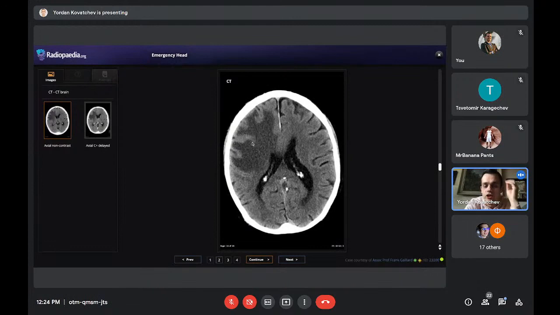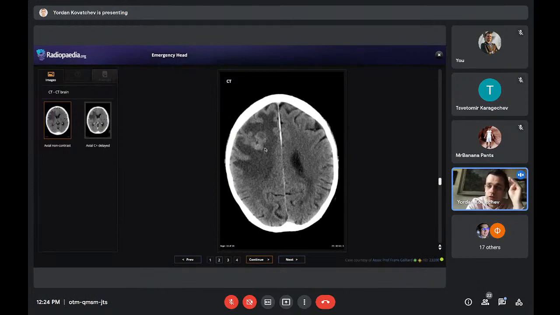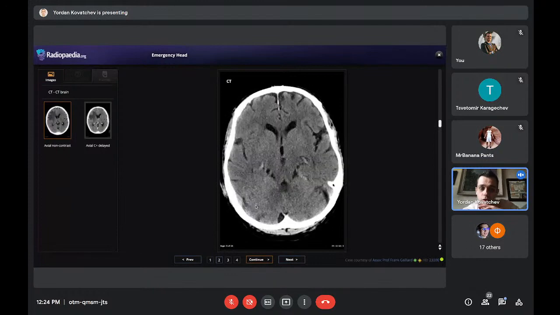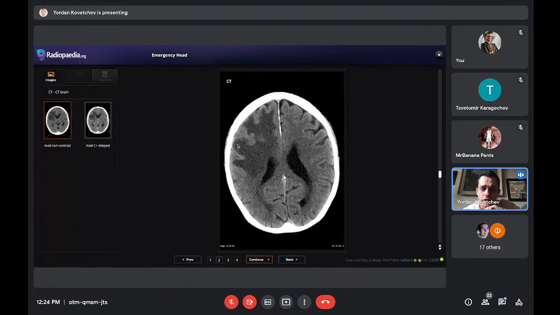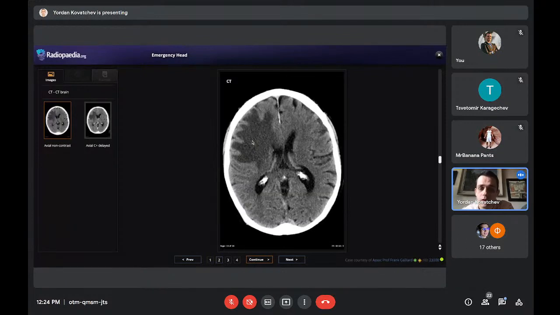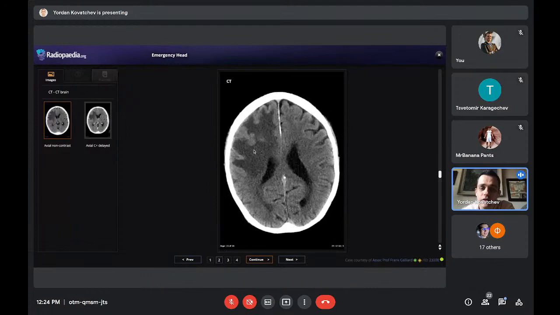So the changes we see are vasogenic. There is no loss of gray-white matter differentiation, and vasogenic means that the blood-brain barrier is destroyed. Something is destroying the blood-brain barrier. There is fluid outside of the cells. We see that there is no confinement to vascular territories. So it's weird. If this was a cytotoxic edema due to infarction, we would think of a watershed infarction that doesn't respect borders, but no, this is vasogenic edema. And we even see something here.